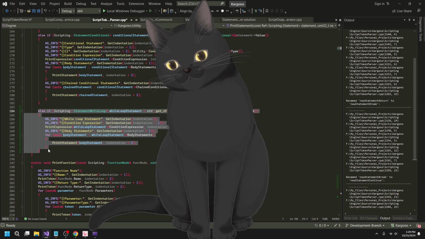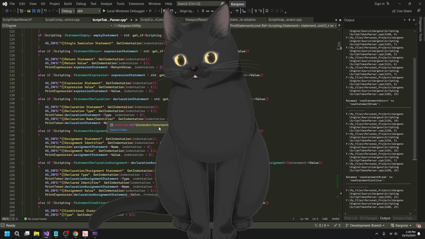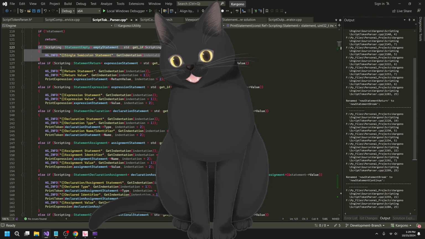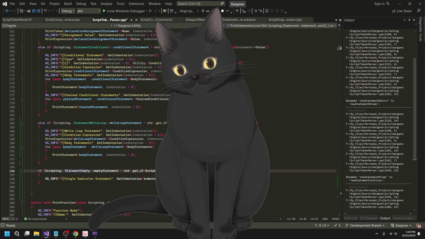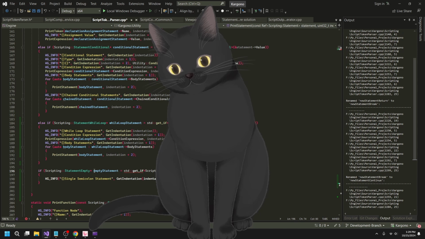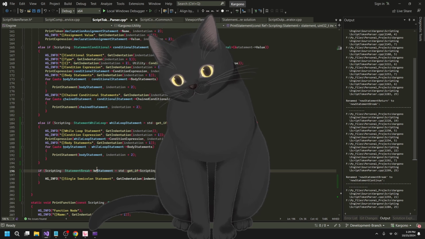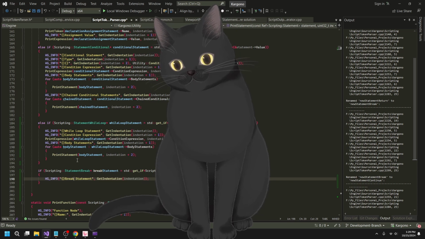And then I think the closest analog to this is going to be, if I'm to be honest, probably just the empty statement. So yeah, just get an empty statement, and then this time we're going to do a statement break. Statement break, and then I guess I'll do this just to be clear, but I'm going to use these. Break statements. So I would say break statement.